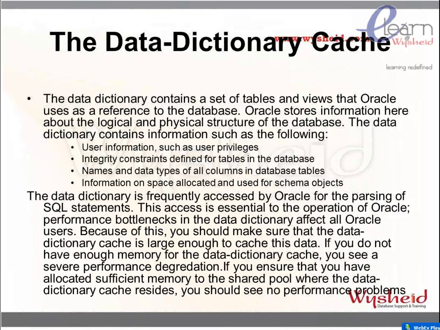Now comes the dictionary cache. The base of all the Oracle operations is the data dictionary. Why is the data dictionary information kept in memory? The reason is that each and every SQL statement Oracle executes is going to check the data dictionary. When I say select star from tab, the first thing Oracle checks is